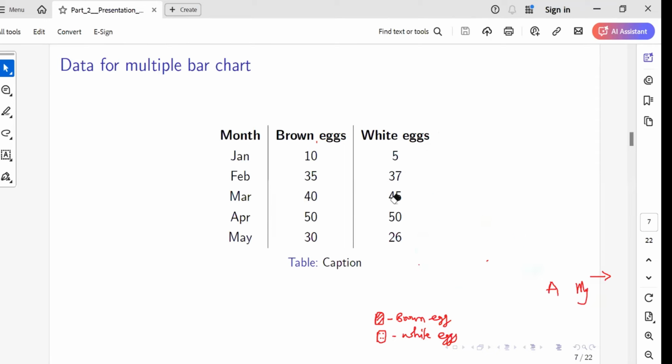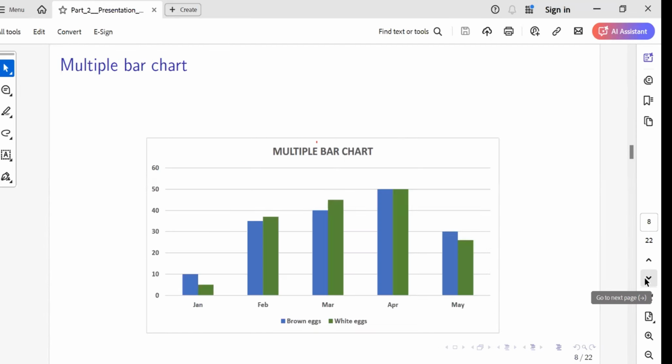We will just move to the next page and then look at the final output of our multiple bar charts. So this is the final output that we got from the software for a multiple bar chart. So you can see